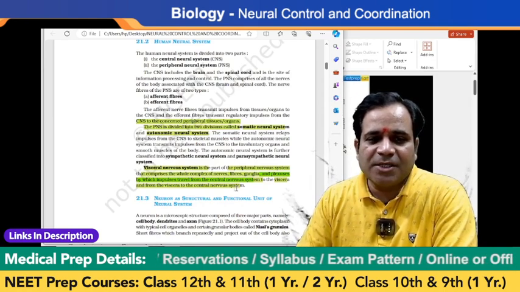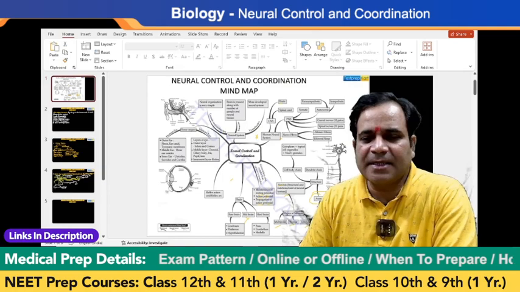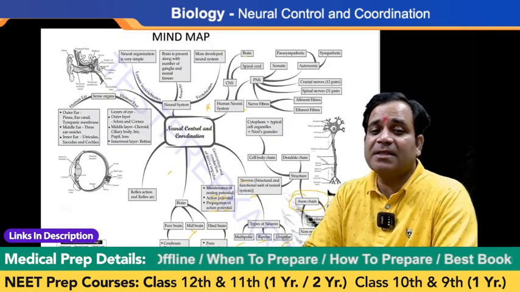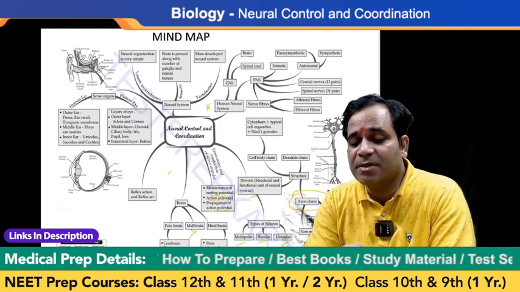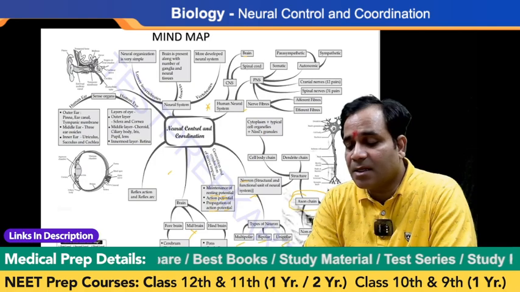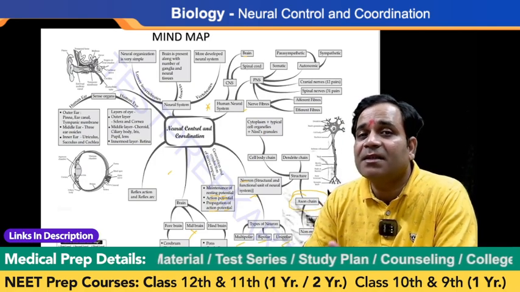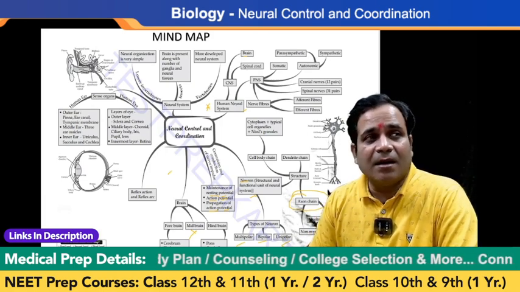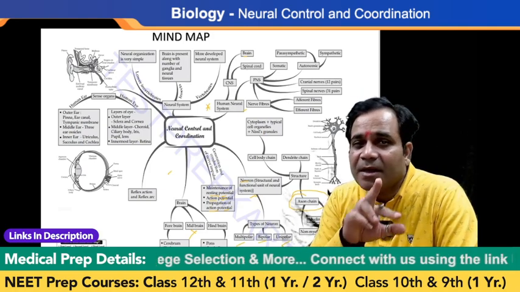Now check here in the mind map also. Then after that we move ahead. See here in the mind map what we understand is how the nerves are responsible to carry impulses. There are two nerves basically. One is the sensory nerve, second one is the motor nerve, but another is also here, that is the relay nerve, or you say the relay neuron.